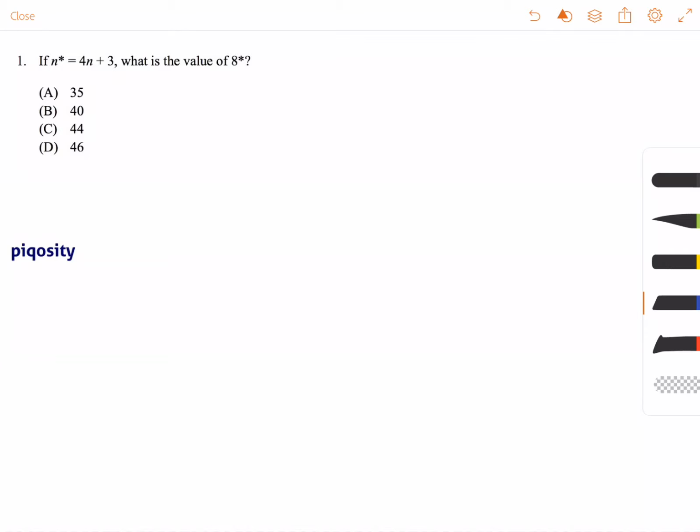This is Stephen, and we are dealing with a question that wants to know whether or not you understand how function notation works. The question reads, if n asterisk is equal to 4 times n plus 3, what is the value of 8 asterisk? The asterisk doesn't really mean anything for this particular problem. Instead, it's trying to see if you can recognize that this type of problem, where n asterisk equals 4n